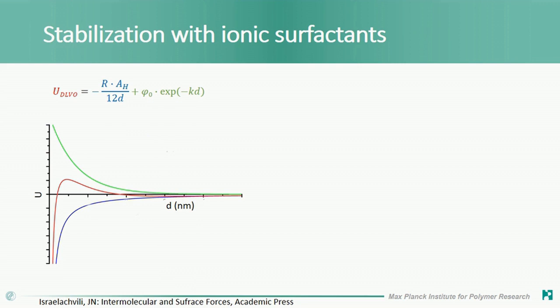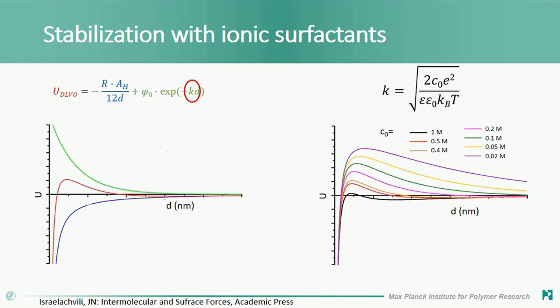So if you increase the charge of the surface, you also increase the electrostatic repulsion between those particles. In this equation, we have a constant K. You could be thinking, what is this K about? This K is about the concentration of ions in solution. So there's this concentration of salt, let's say, or of ionic species in solution that is also really important when you're talking about